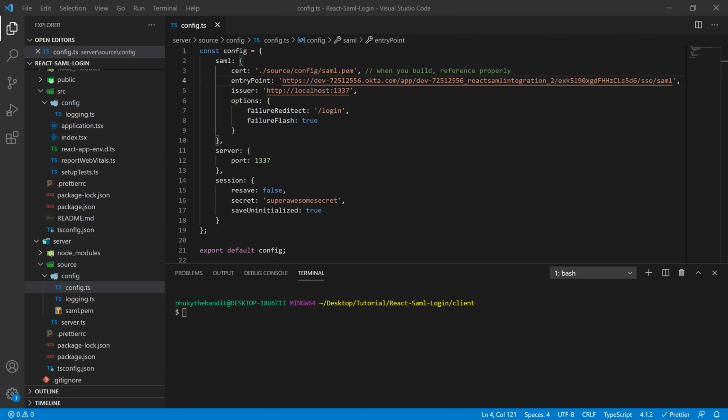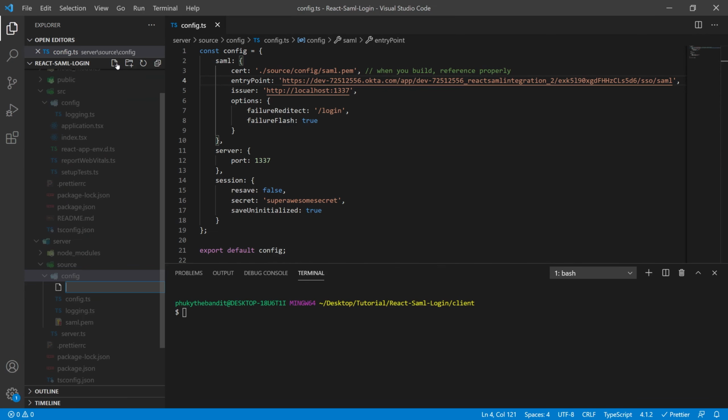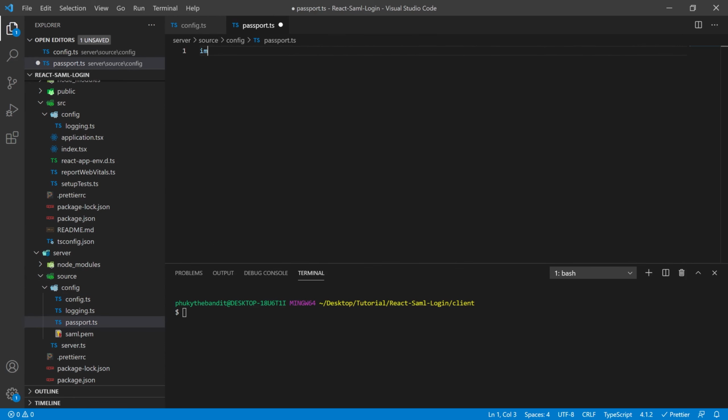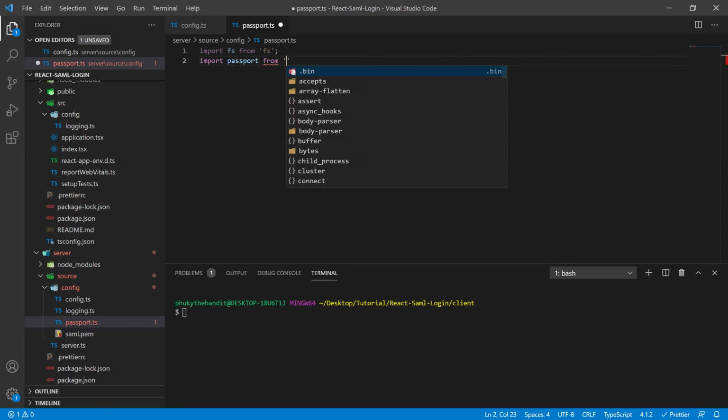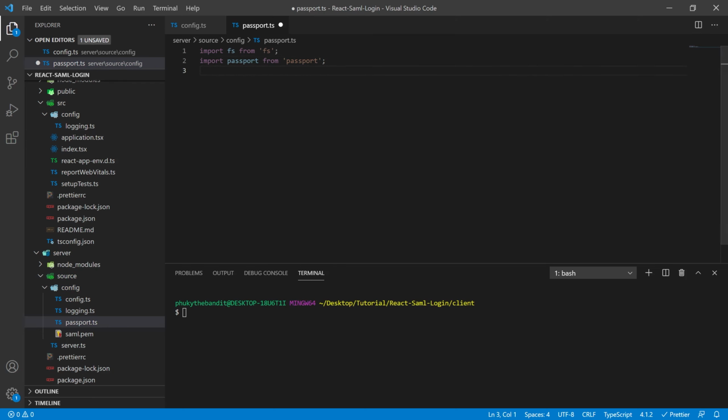So inside of our config folder, go ahead and make a new file called passport.ts. Inside of that, we're going to throw in some imports at the top. We're going to start by importing fs from fs. We're going to import passport from passport. We're going to import a module strategy from our